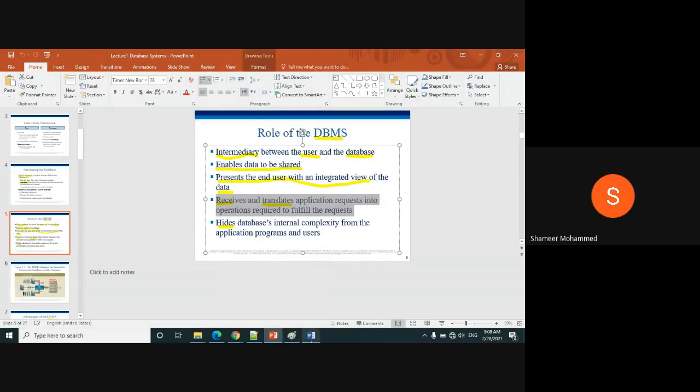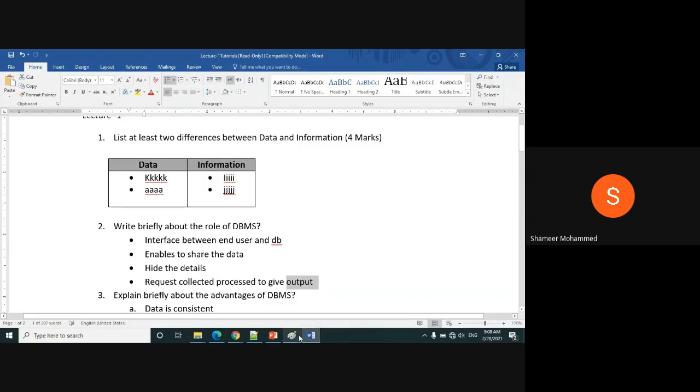Okay, so I am giving you side by side what the expected questions are, so you can practice reading and studying like this. What is the difference between data and information? What is the role of a database management system? Like 1, 2, 3, 4, however many points there are, you can write them as an answer.